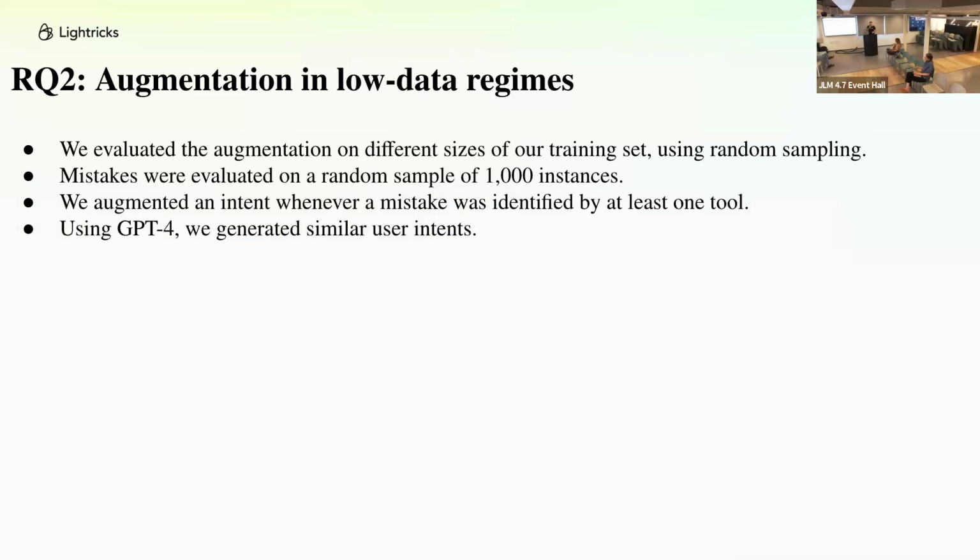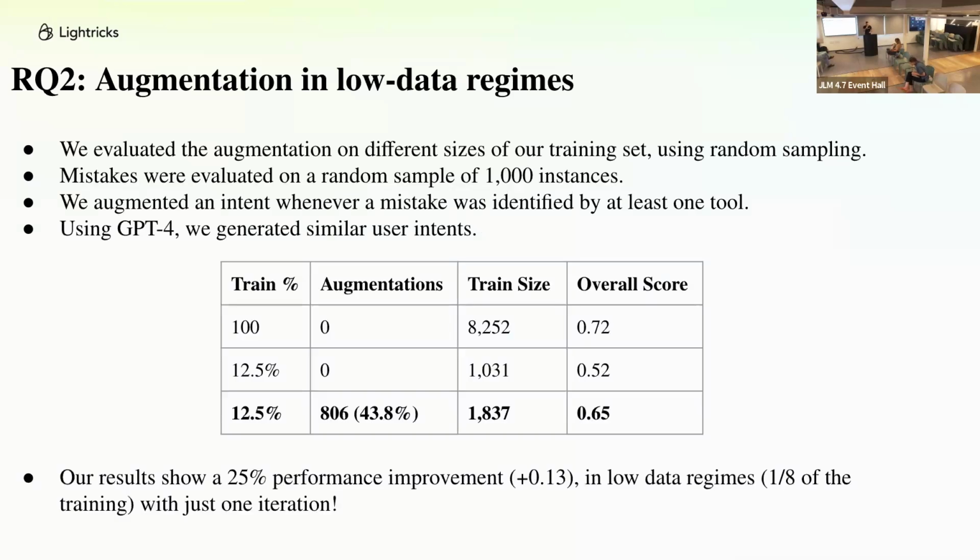Okay, GPT-4 was used to generate the similar request, and here are the results. So we can see that for the full training size of 8,252, this is for Flan-T5 base, we got an overall score of 0.72. Without augmentation, if we take 1/8 of the training, so this is like 1,031,